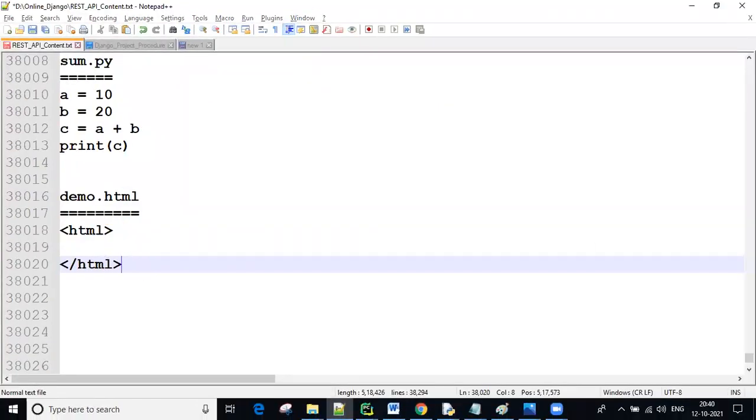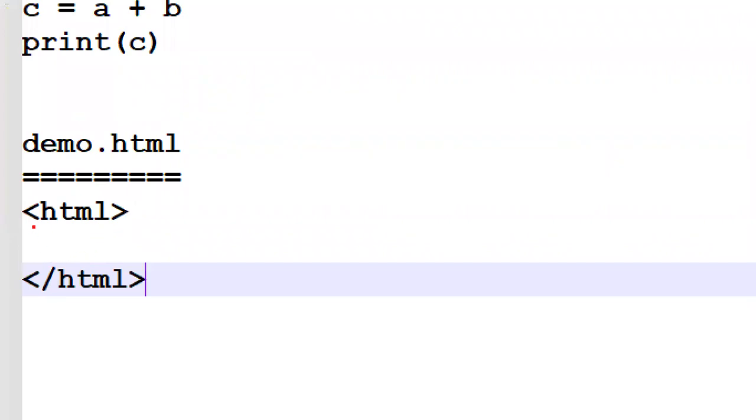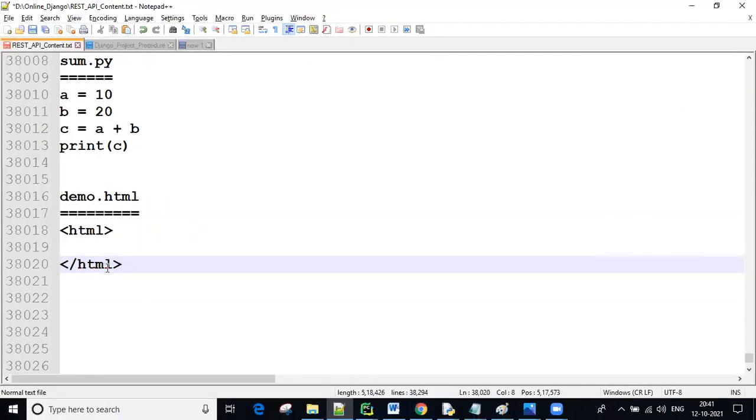This point is not 100% true, every open tag does not require a close tag 100%, but generally most of the tags, 90% of the tags, an open tag requires a close tag with a slash. When an end tag is not required, I will tell you separately, wait some time. So right now remember every open tag requires an end tag also.